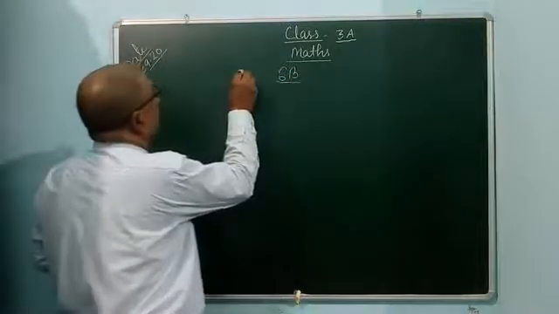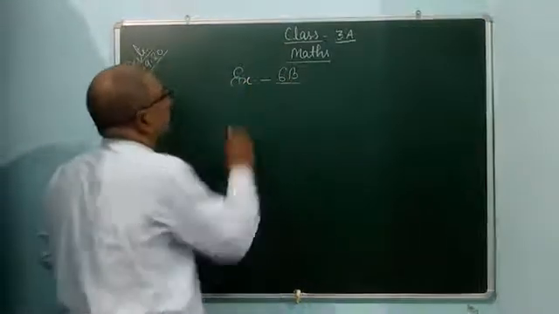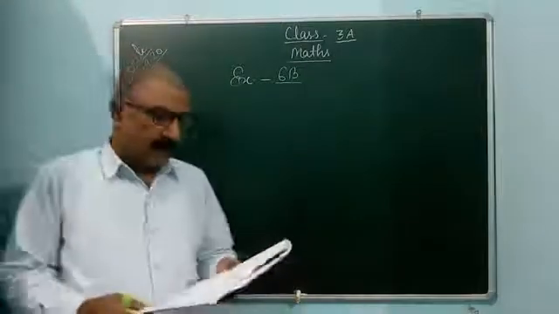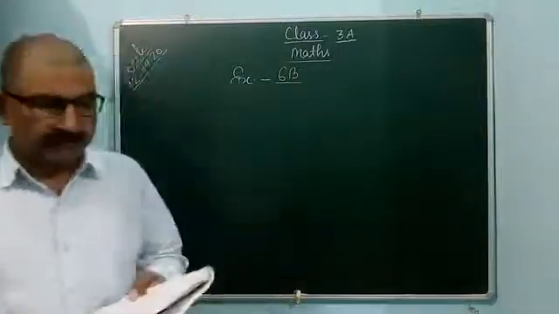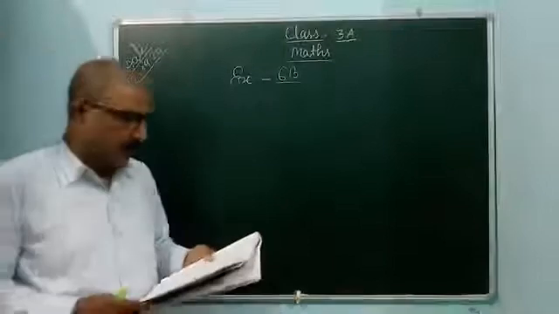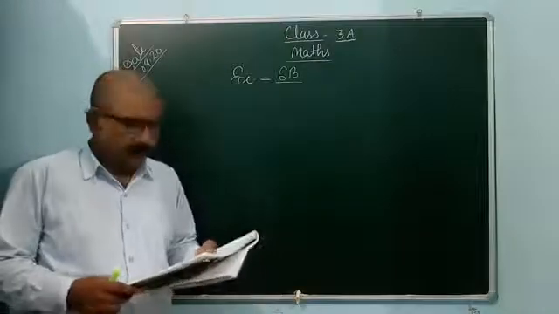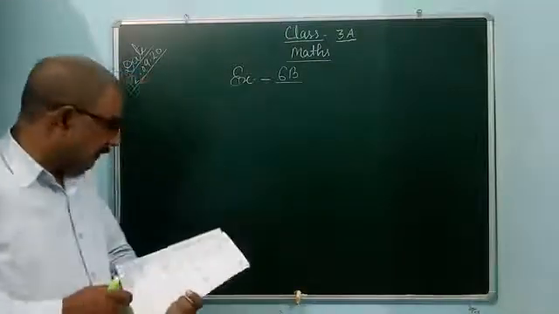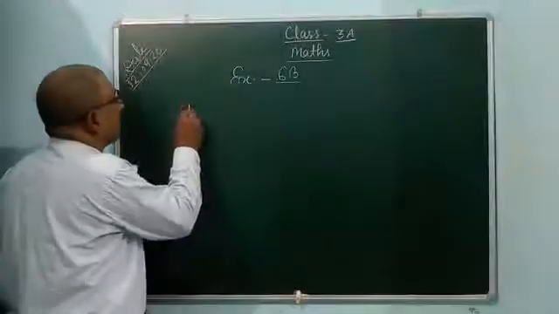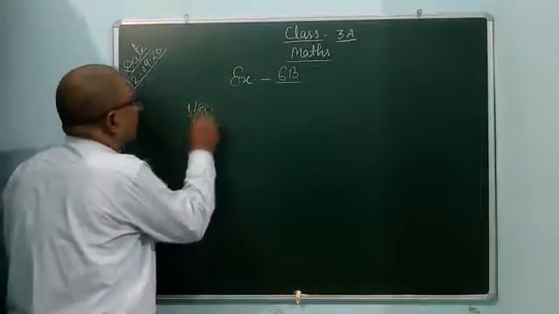Exercise 6b. In exercise 6b, it is also subtraction. Subtraction is taking borrowing tens and hundreds. It is very easy. First, A, you can see